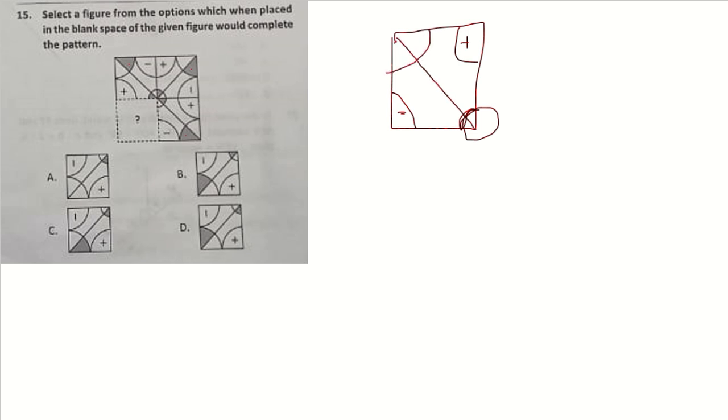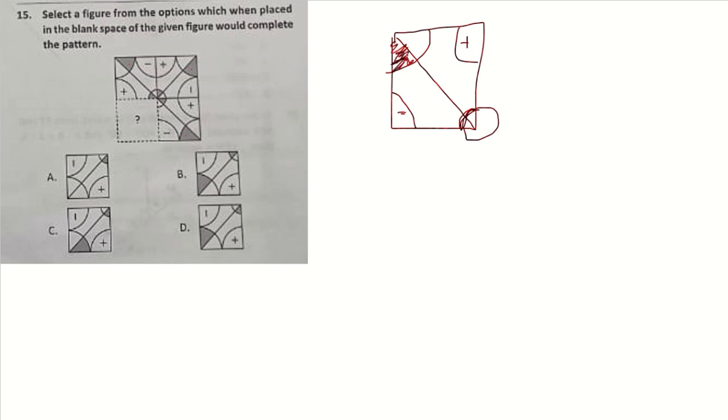Select a figure from the options which, when placed in the blank space, would complete the pattern. So in each of the 4 boxes, there are 3 major elements. One is this with a plus and minus sign, which are same in all 4 options, so we will not consider that. Then there is this arc, which when all 4 cubes are placed together makes a circle. There is a line passing through, and there is another arc here, and in both of them, one of the